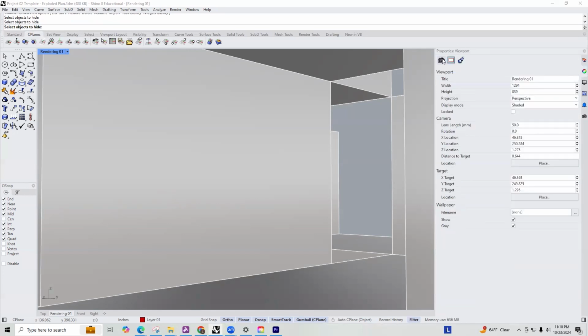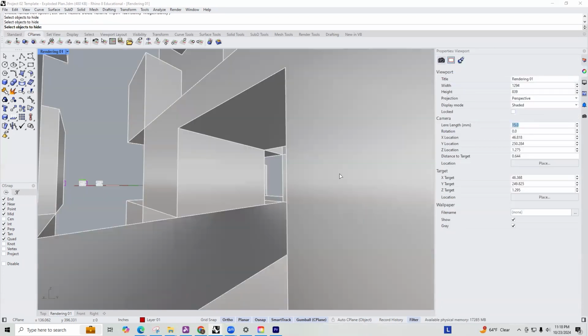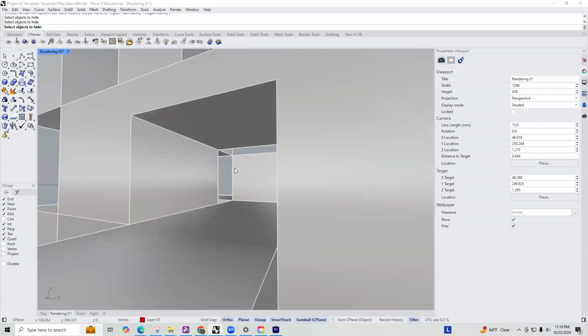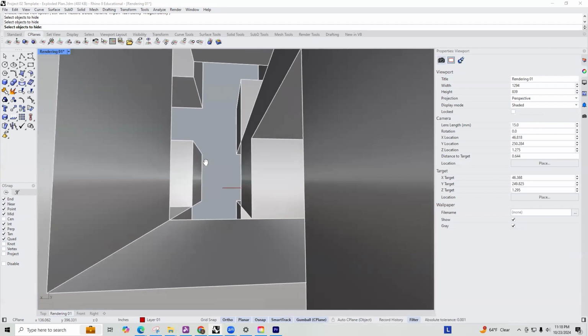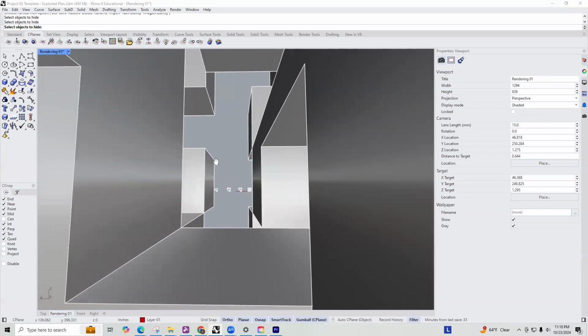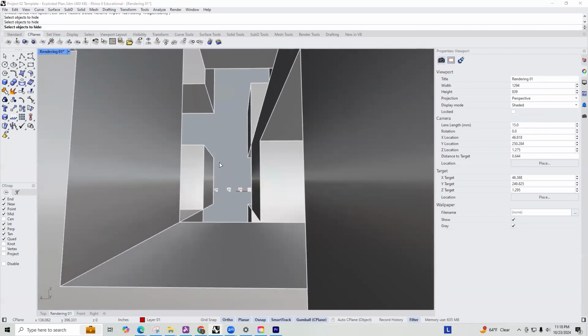So again, I'm going to just change that up a little bit. So now that it's a 15-degree angle, you can see a lot more inside the space. So I actually love this view. So I'm 100% going to export this one. The only thing I want to make sure I do is hide these other objects. So since I'm hiding a lot more than I anticipated,